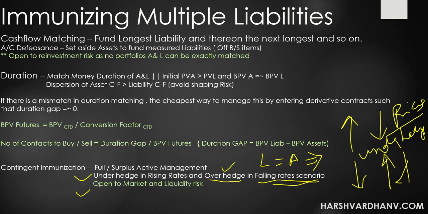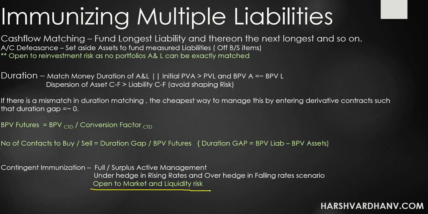Okay, another one-liner statement that I've put over here is: open to market and liquidity risk. So you have to understand that when you do contingent immunization, your portfolio will always be open to market and liquidity risk, because there might be a scenario where you have invested in some bonds or any other structured product for your active management, and your portfolio demands redemption, or they want the cash flow, but you're not able to sell that structured product in the market. That is known as liquidity risk, wherein you are not able to liquidate your assets to fund your liabilities. And market risk, you're always open to market risk, right? Unless you're investing in a risk-free bond.